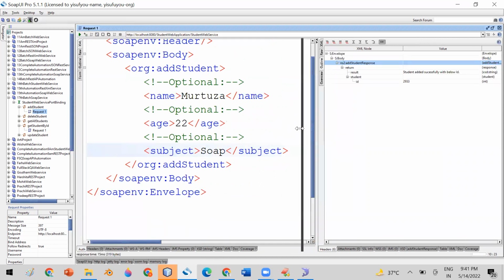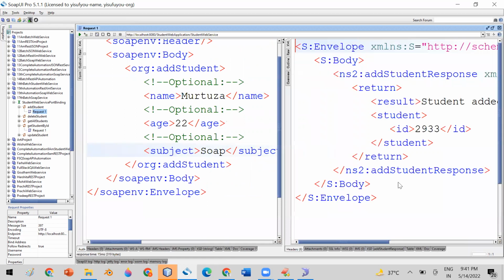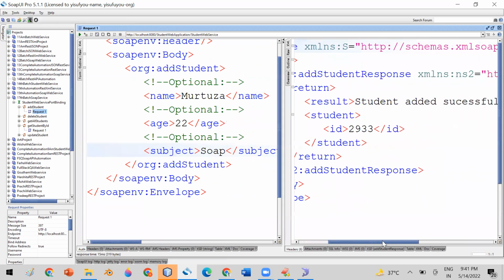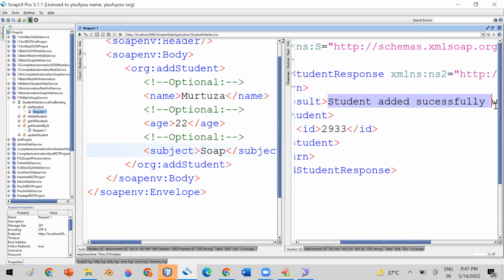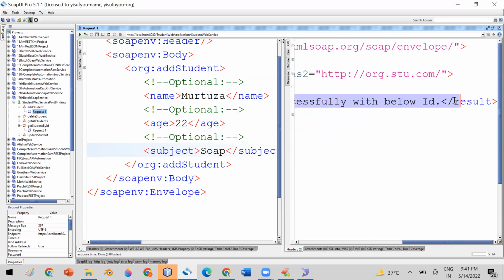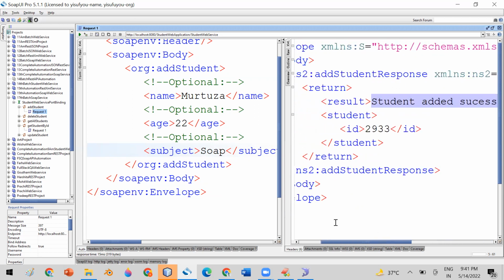You got the response at the right side. So now what is your validation? First validation: if you are putting some data in the add student operation, the first message should be there. There should be a result tag, and the value of the result tag should be student added successfully. Getting my point? Yes or no? Yes. If this message, student added successfully, does not come and something else comes,